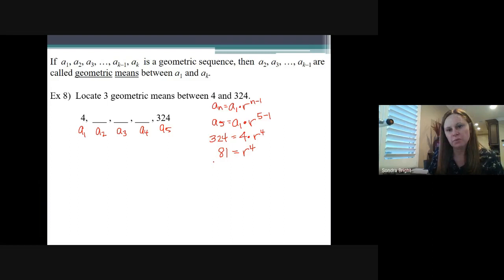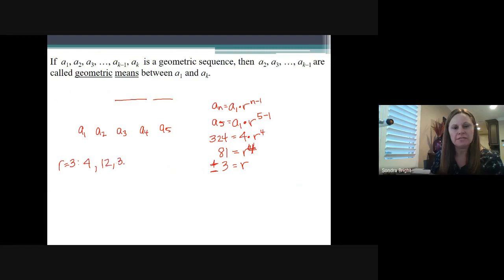Taking the 4th root gives you plus or minus, because you're taking an even root, the 4th root of 81, which is 3. So your r is plus or minus 3. For geometric means, that might happen, especially if you're taking an even root of something, it's plus or minus. So that means we have 2 different answers. We have when r is positive 3. So I'll usually write, when r is positive 3, I would have a 4 and then a 12,